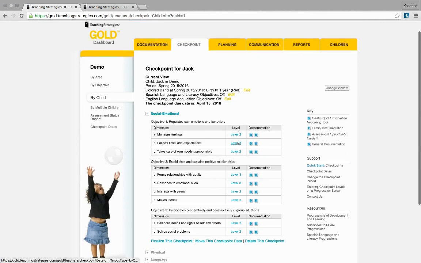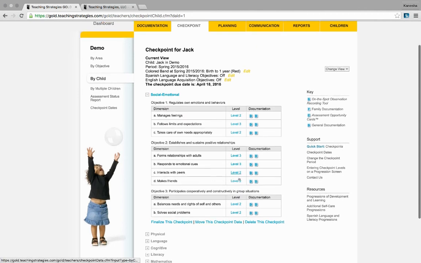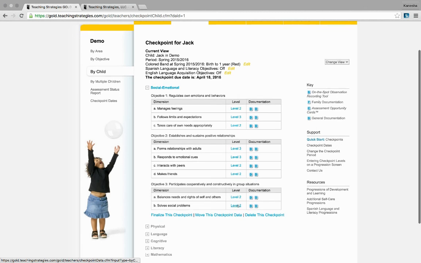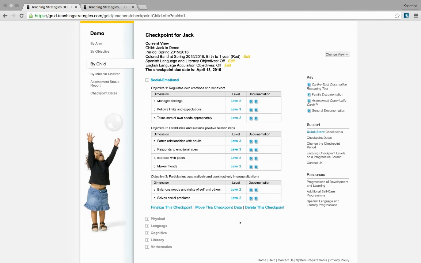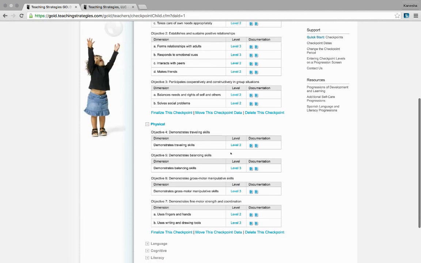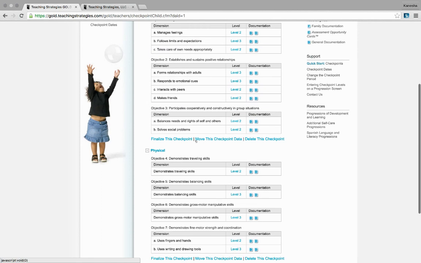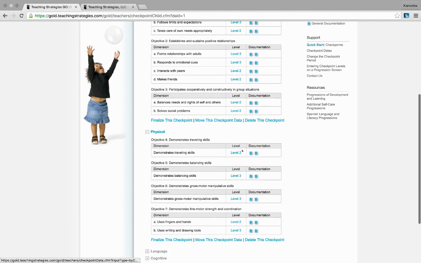So this is all the levels that I've previously assigned and that you will assign. Yours will still say select level, select level, select level. And you'll need to go through all of these and select the level for the final child. And then you'll click on physical and you'll do the exact same thing. And so from here, once you have completed all of the levels and each box says the level that you assigned,